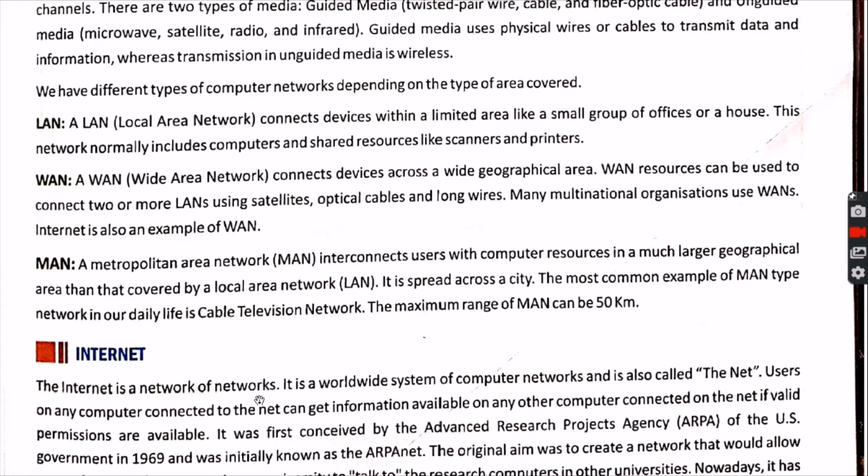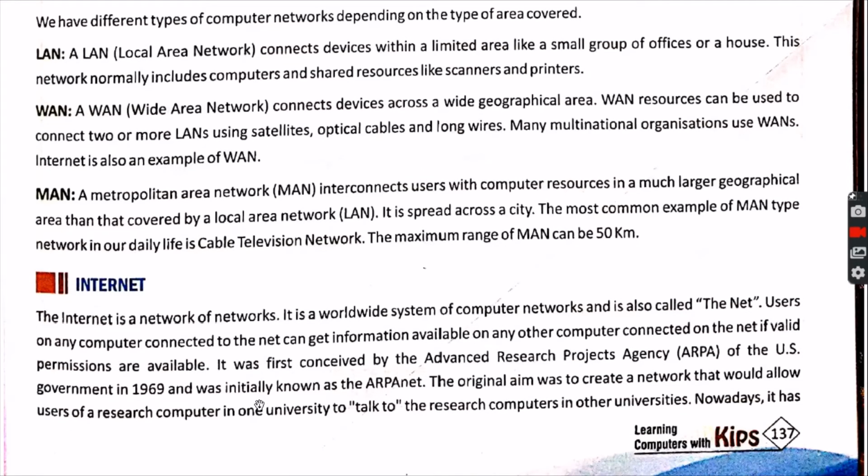Okay. Now let's see what is internet. As I told you, WAN includes a network having access across the world, meaning from one country to another country. So internet is the interface that provides the way to make WAN. Without internet, WAN was not possible. Okay, so we need to know some history and background of the internet, when internet started and how it was started. You can read this here.